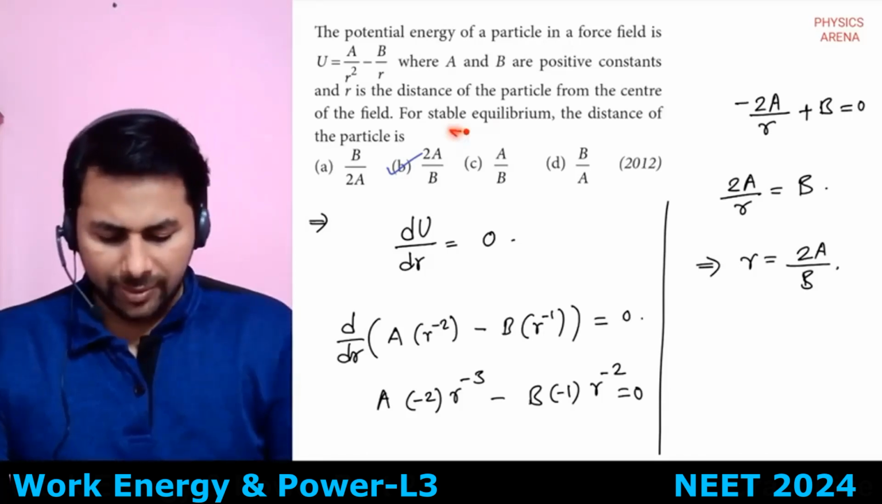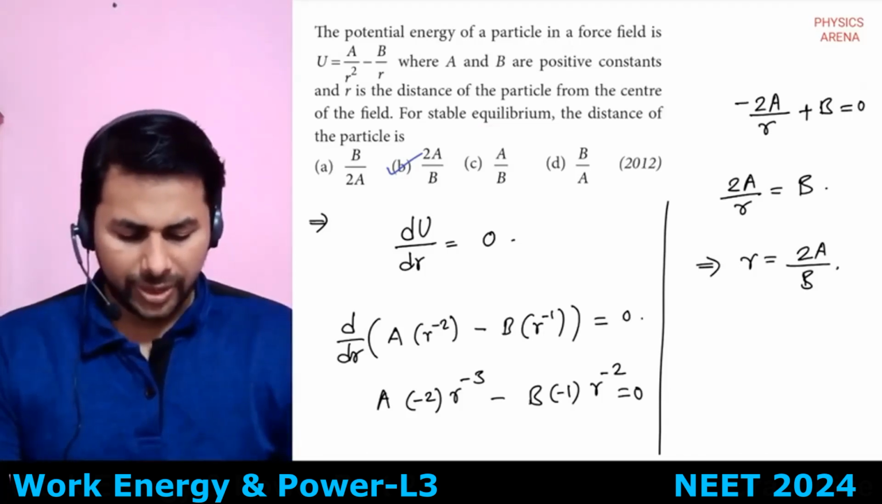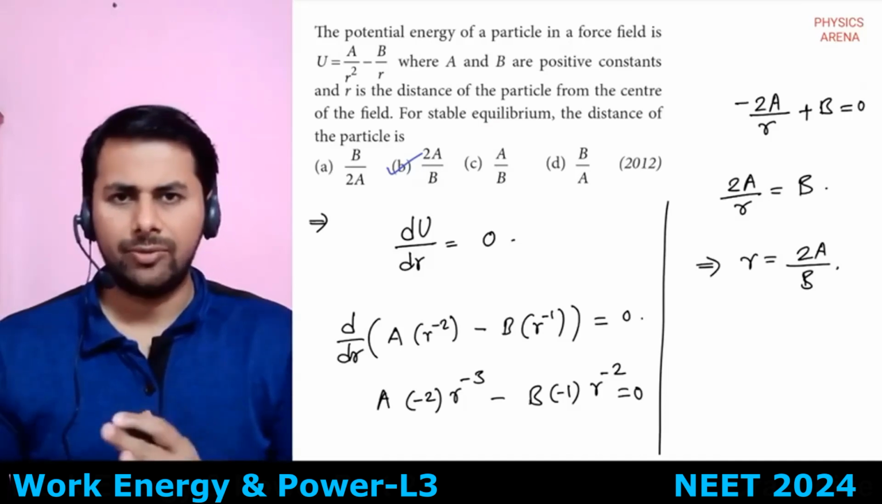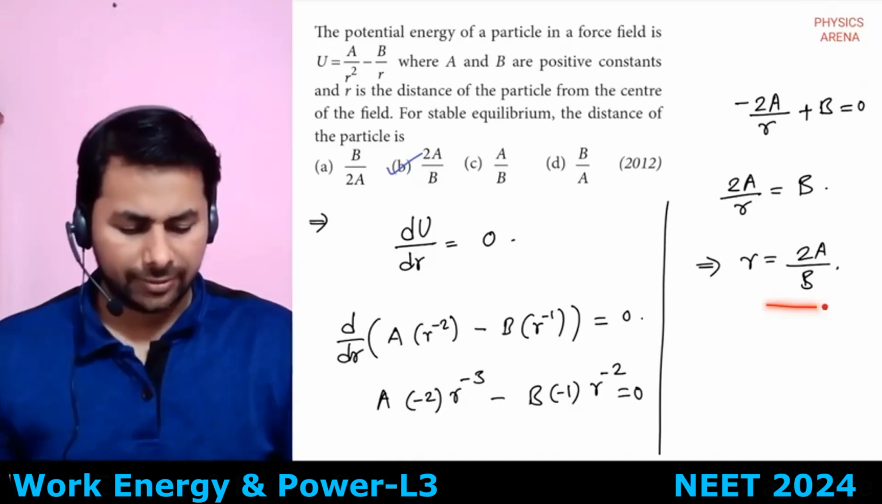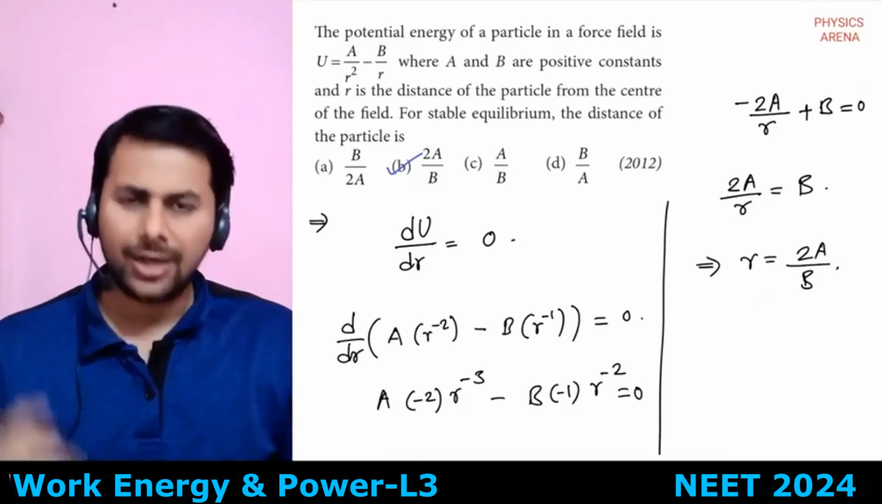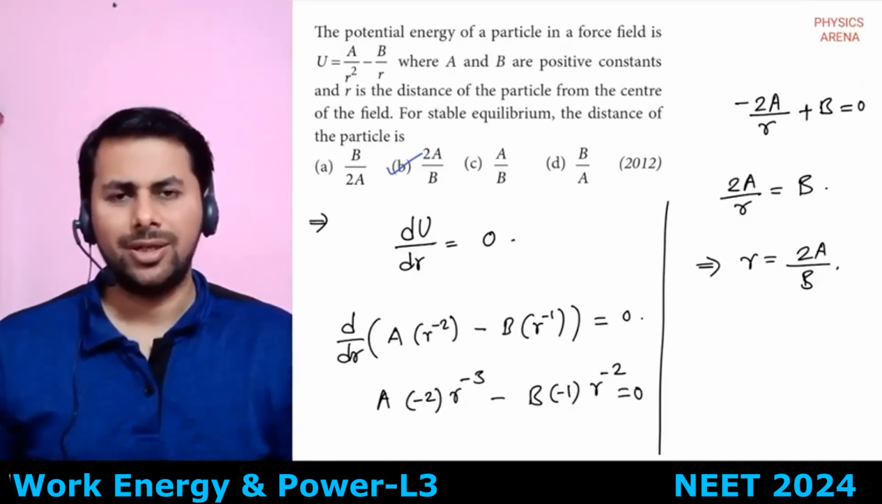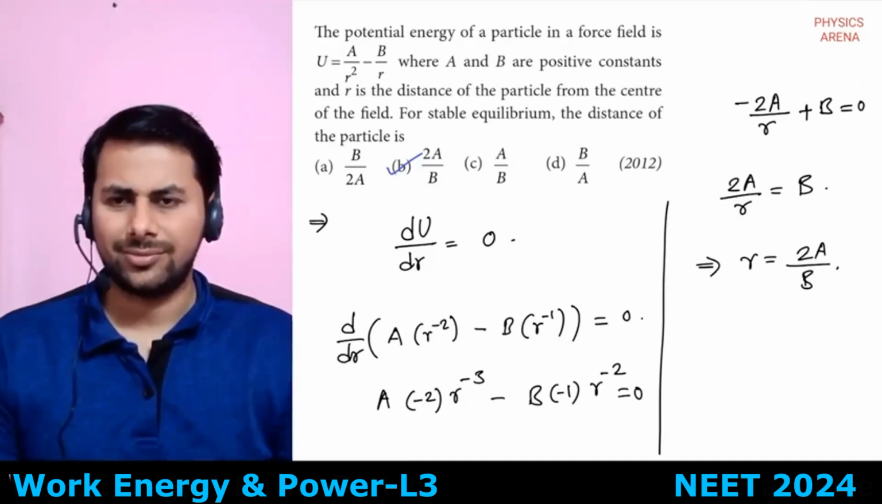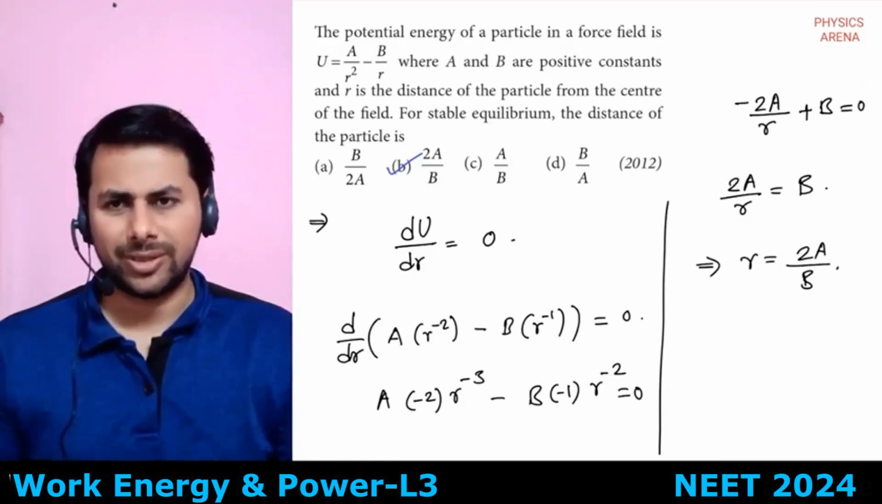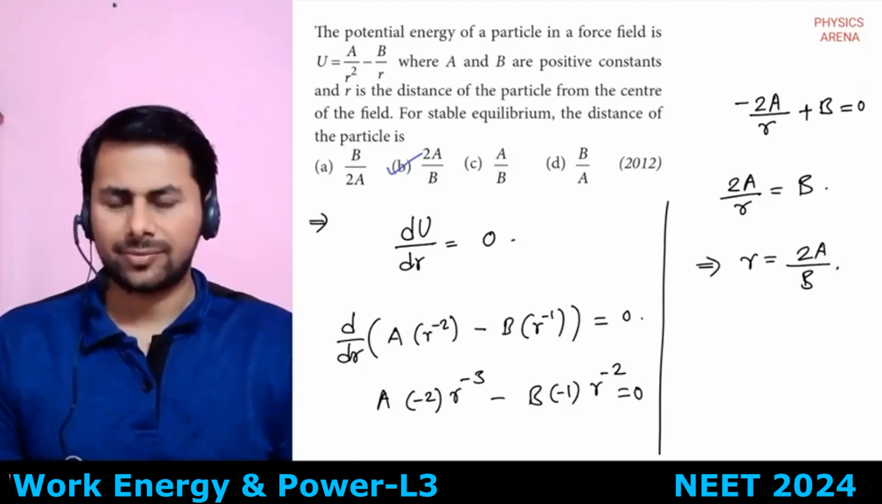They are saying it's stable equilibrium, and for that we have only one point, and that's why it is the answer. If we had another point, then you would have to find the second derivative. If the second derivative is positive,